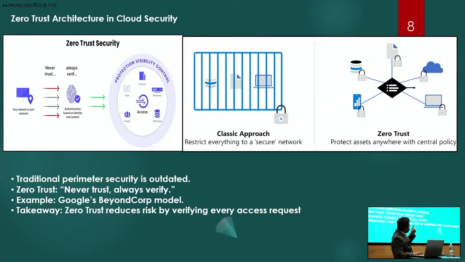Each context of your asset is locked, because it may be in the cloud, in a database, in a system, anywhere, but everything is managed by your centralized systems. That's what I was talking about. You cannot trust. Coming to the main context, the zero trust architecture: what is zero trust architecture? You can never trust. You always verify.